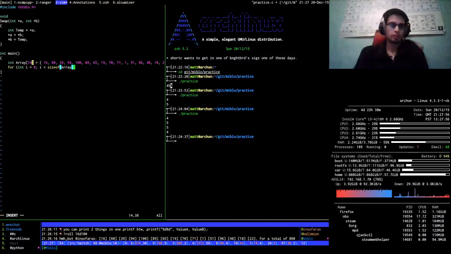Size of array divided by the size of the first element in an array. Okay. Print F. You're forgetting the old quote marks at the start then.